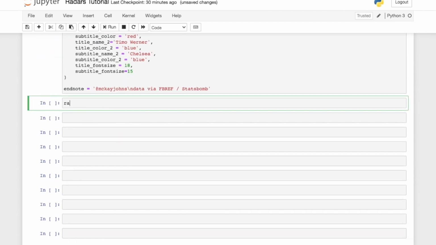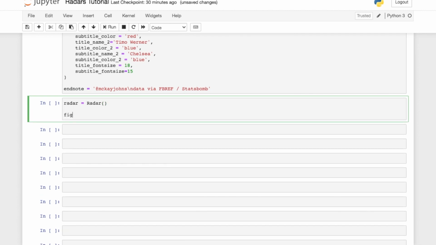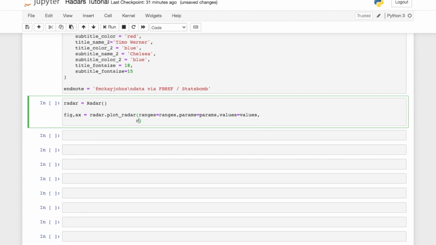So now we can actually make the radar. So we'll say radar equals Radar, like that. This is going to essentially instantiate the object, or create the object so that we can plot it. And then we're just going to plot it down here. We're going to say fig, comma, ax equals radar.plot_radar. And then this is where we're going to pass in all of our information. So we're going to say ranges equals ranges, and then params equals params, values equals values, and then we'll do another line and we'll say radar_color equals,